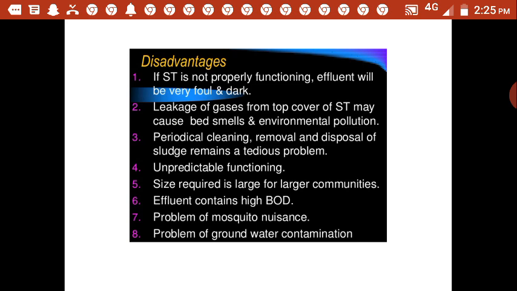If the bacteria are not activated, or if the bacteria are not able to stabilize the human feces or the wastewater, then the efficiency of the septic tank is going to reduce. Once this happens, it is the biggest problem for